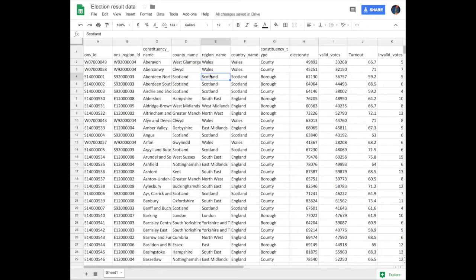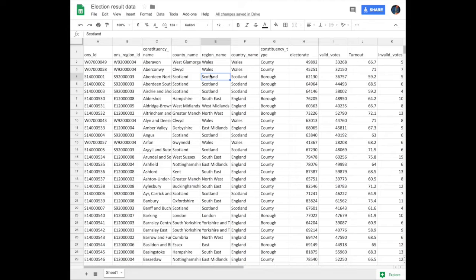Pivot tables are a fantastic skill for any new data journalist. They allow you to query a spreadsheet quickly without having to write out long and complex formulas. In this video, I'm going to show you how they work. If you click on the resources below, you will bring up this spreadsheet with data from the last UK general